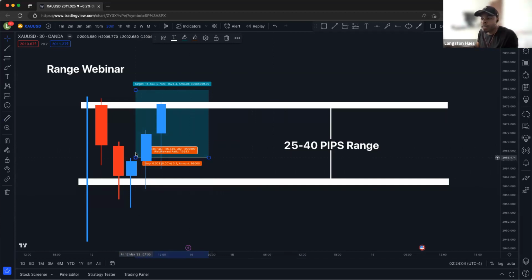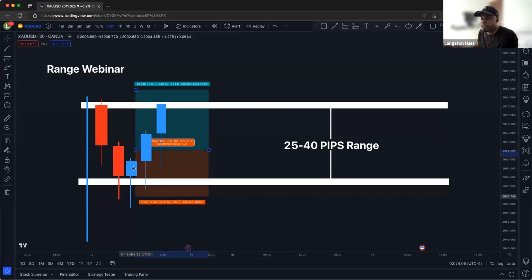But the reason we can't start it risk-free from the beginning is because sometimes price might do something like this. It might try to go up a bit, but before it goes to 10 pips and before risk-free, it might come down just a little bit, but still respecting this low. It might come down a little bit like this and then come back up.